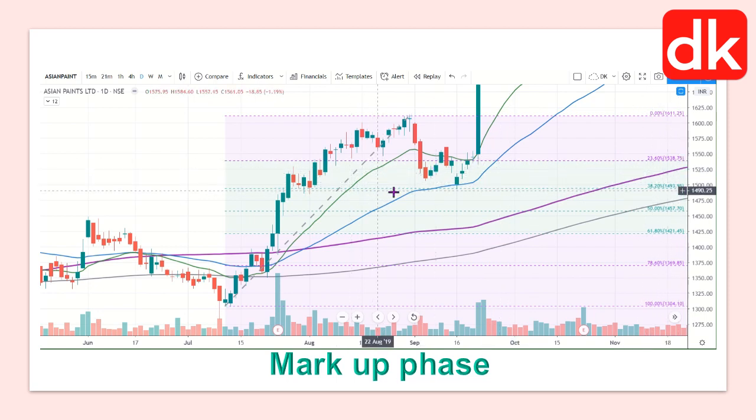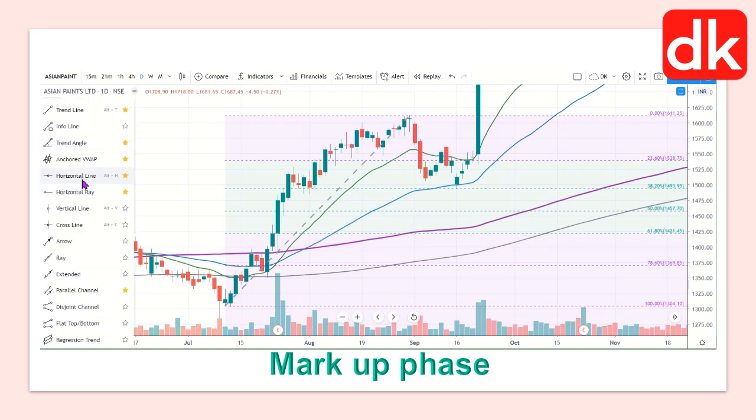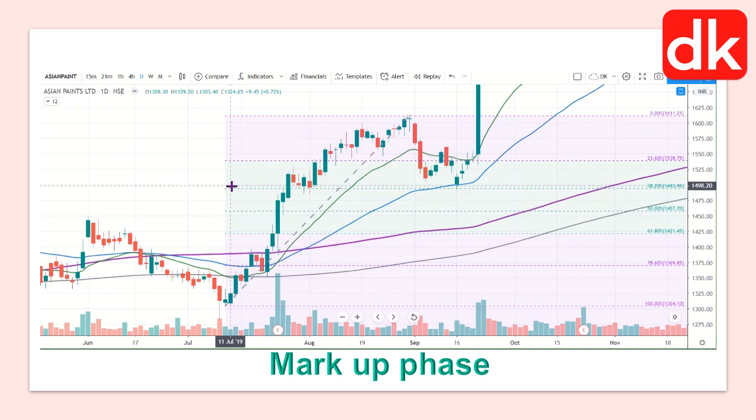We can see these dotted lines shown on the chart indicating the 38.2% retracement level, which is a derivative of the golden ratio. So I am drawing one horizontal line for understanding the building around the trading strategy in this market. Now I have drawn this line. You can see nearly at 38.2% it has taken support, which is a confluence of EMA 55 as well as a confluence of the previous support the price had taken when this retracement took place. Although it was a shallow retracement, it was nevertheless a retracement.